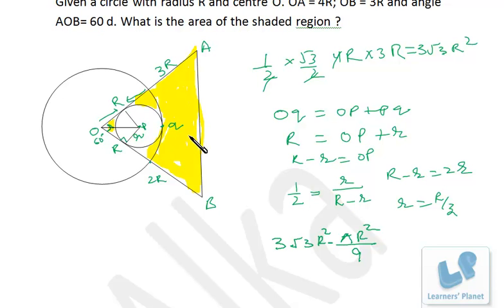So not much calculation is there, because you don't have to write this thing. It is unnecessary time and space wastage, so you just avoid writing all these. For your reference I have written it only. After that it's very easy. So using the sine formula and the basic tangent property, we have calculated the area of the shaded region, right? Note down the sine formula once again if you haven't written it yet. So I think it's clear now. Let's take the next one.